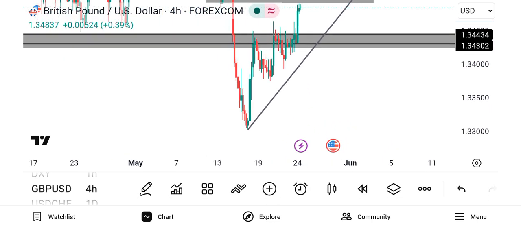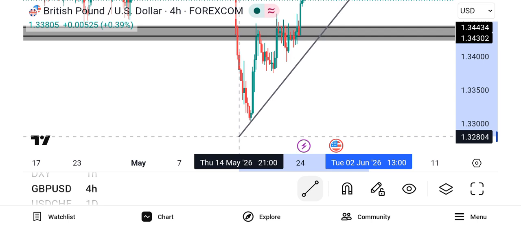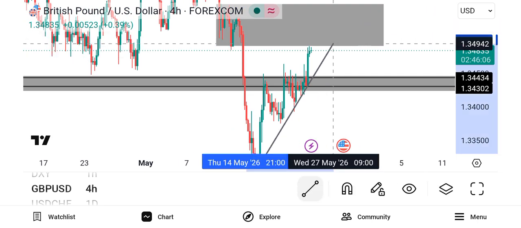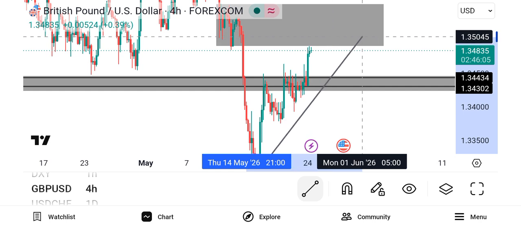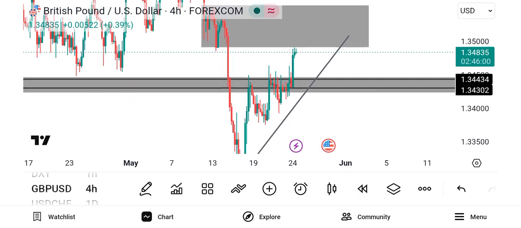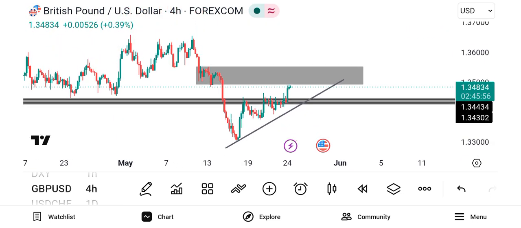So I'll be keeping my eyes. Let me put it where, yes, this is the perfect way. If I should put it like this, it will not be nice. I will just leave it at the first touch and I'll be watching. So now what will be my reaction? Because I normally take my trade from 4 hours. What I'll be doing is that I'll be waiting.